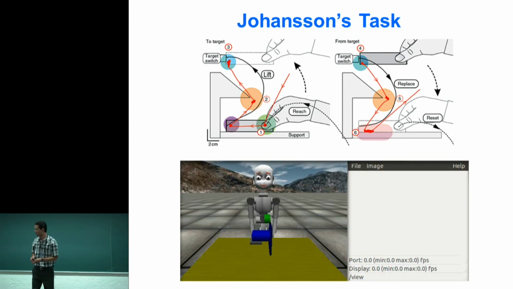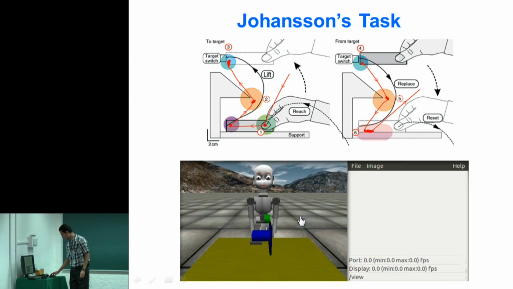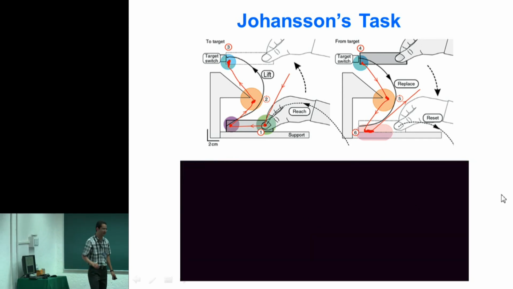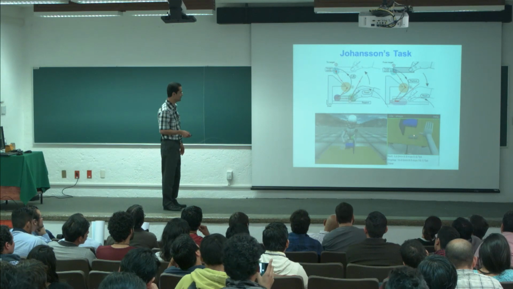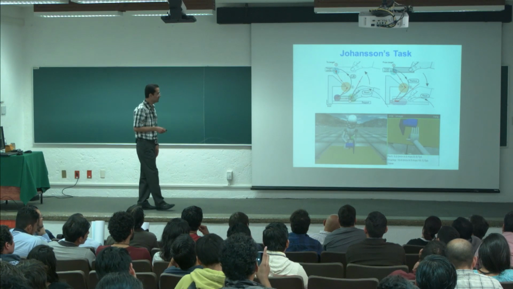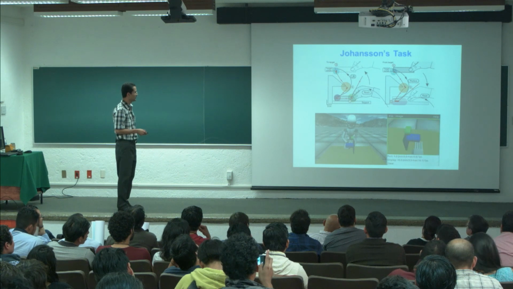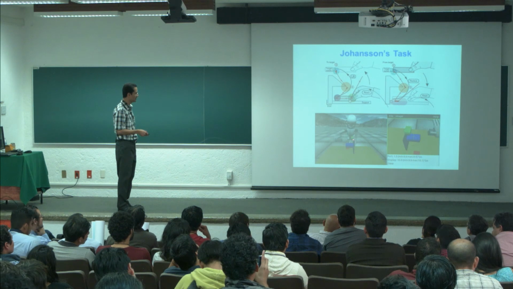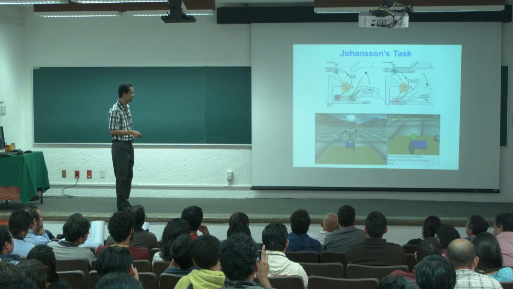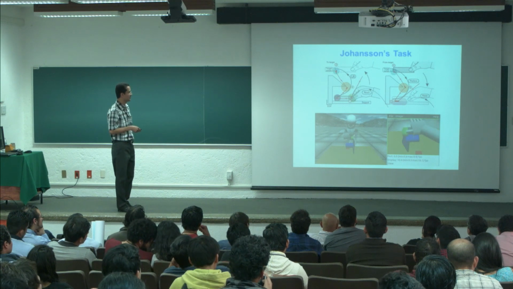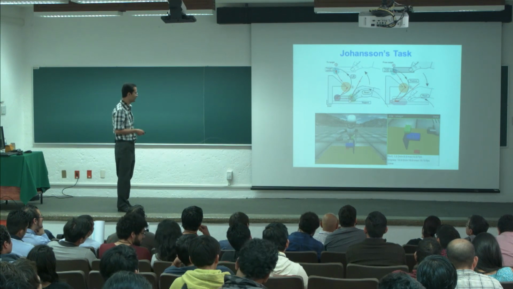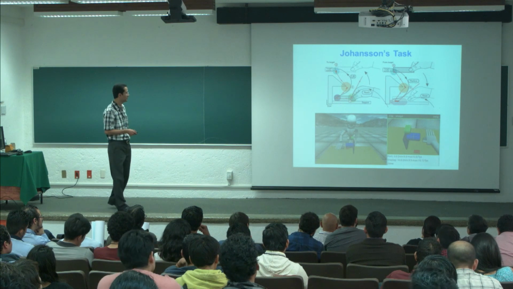I performed something similar with the robot. It's not very accurate, but it's something very similar. And here the idea was just to make sure where the robot was fixating in order to do the same thing. So this is the obstacle, and the robot needs to grasp the bar, and then it has to touch this part, the green cube. So it's the same task, using the same models that I showed you before.